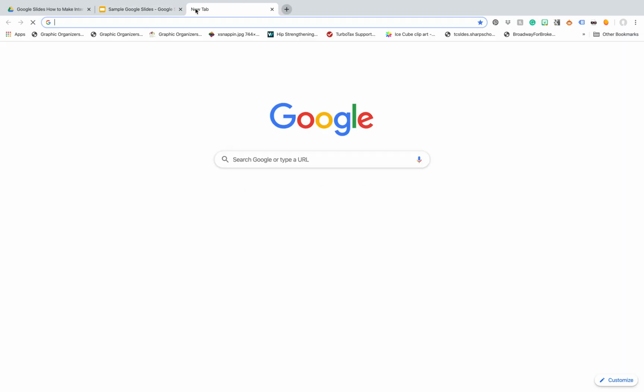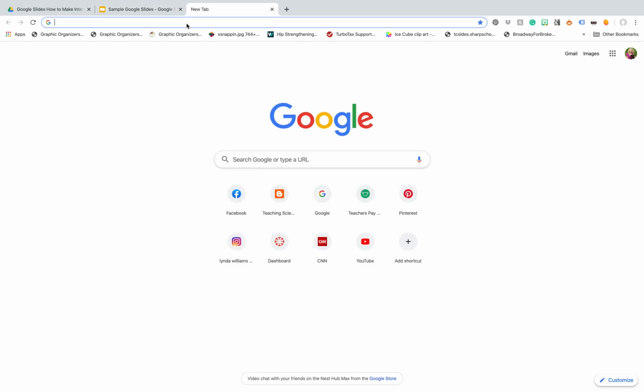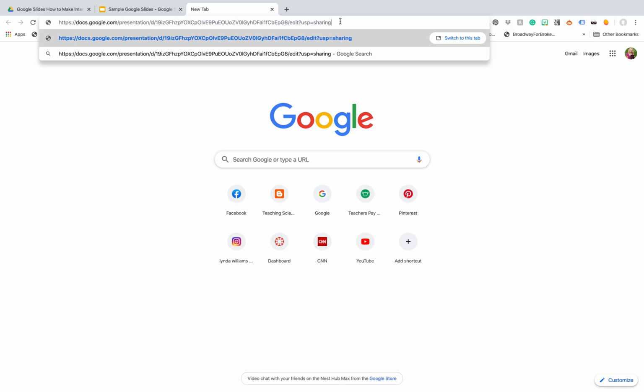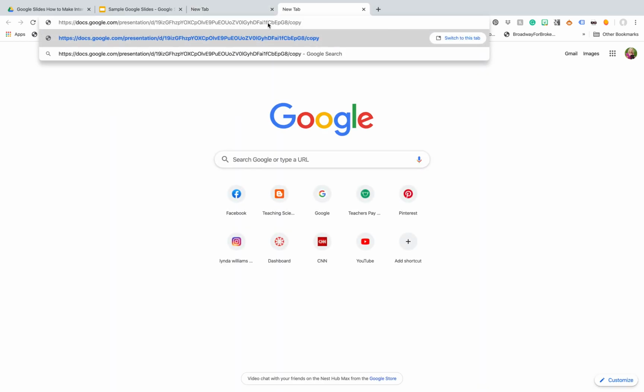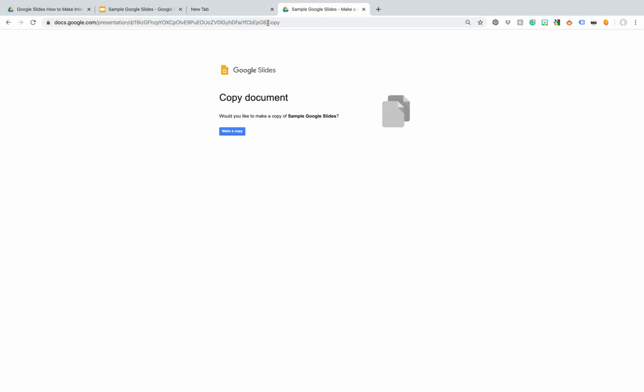I'm going to go to a new window. I'm going to put the link in there. And then I'm going to delete back to everything up till edit. And I'm going to put the word copy instead. What this new link gives me is something called a forced copy. And when we click on that forced copy,